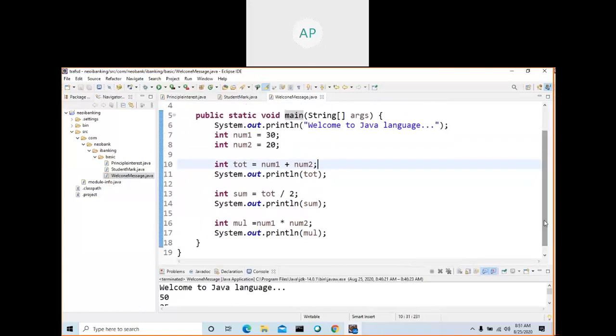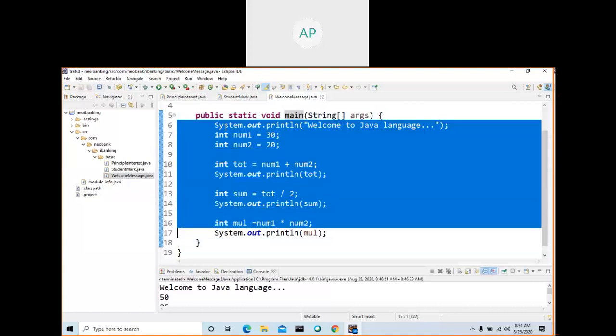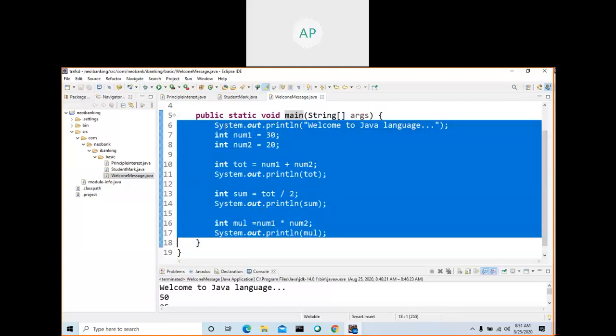Normally, it's up to us. In a method you can write the entire application functionality: add, multiply, divide, finding percentage, who is having the highest mark, what is the lowest mark, and is it pass or fail, what is the grade. All the concepts you can implement in a single method, from the method starting to the method ending. You can implement it in a single method, but normally we won't do something like that, right?